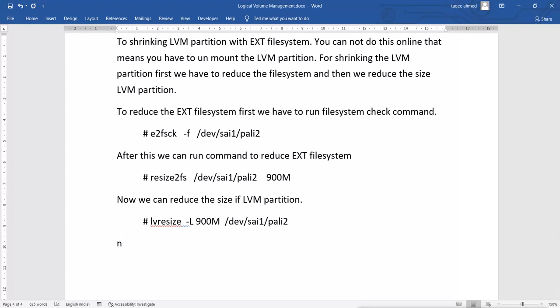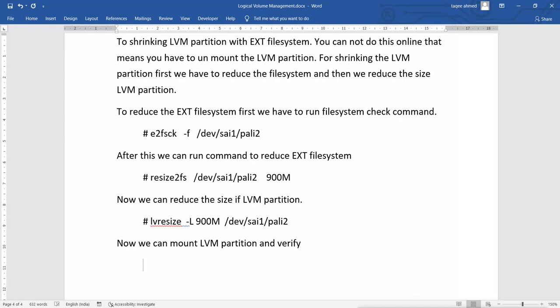Now after doing this, we can mount the LV partition and verify.